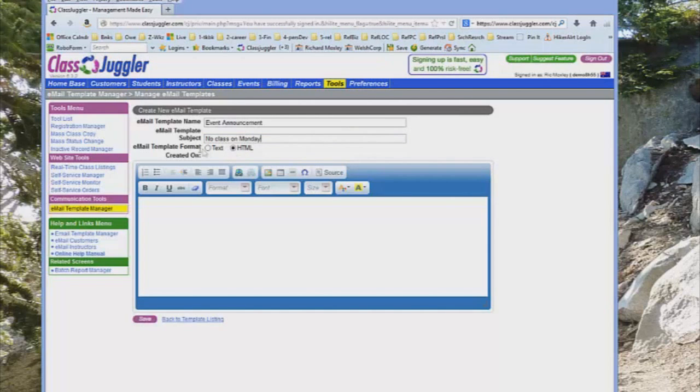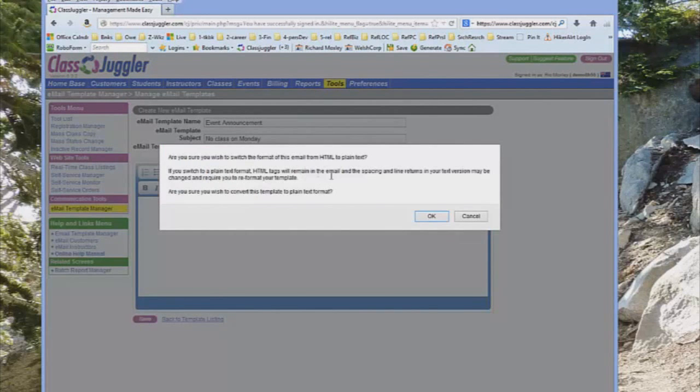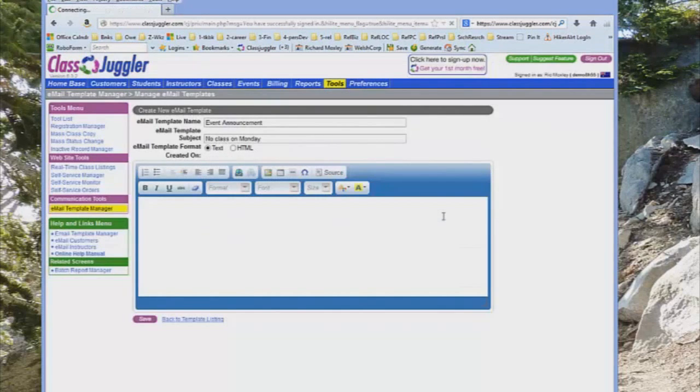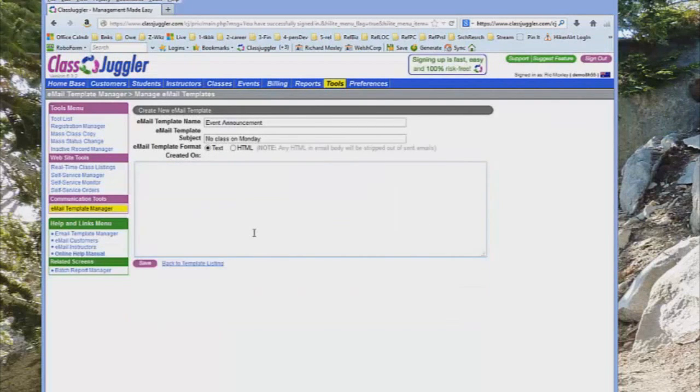Then you decide if you want to send a text message or HTML based. HTML means you're going to be able to add things like bolding, you can see down here, or italics or underlining. We'll look at that, but first let's look at text. Are you sure you want to? Yes, we're sure, so I click OK. The reason it's asking you that is if you had already created it and you are now editing the template, anything that you had created using WYSIWYG features such as bolding and so forth would go away, because text is